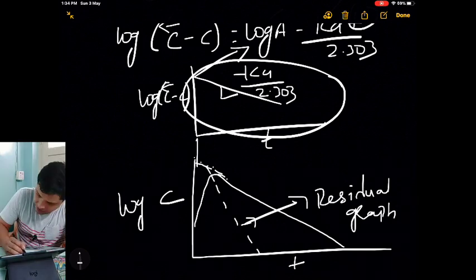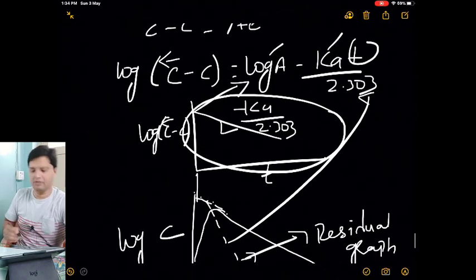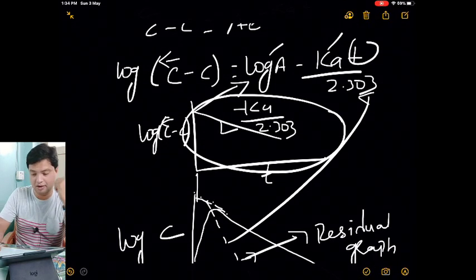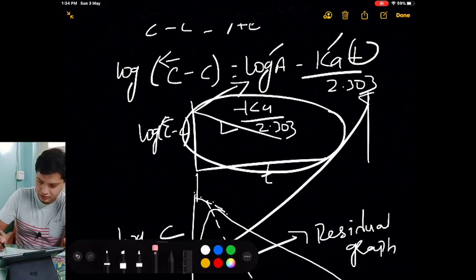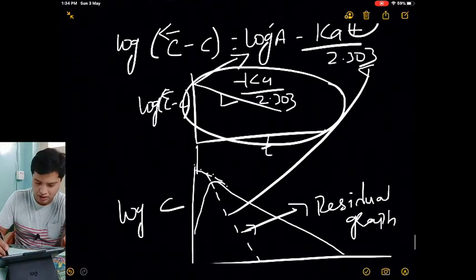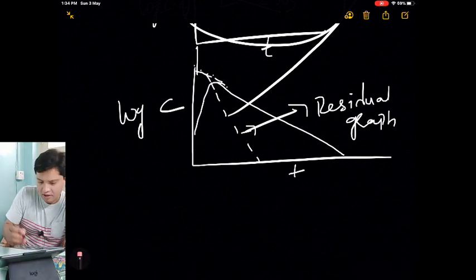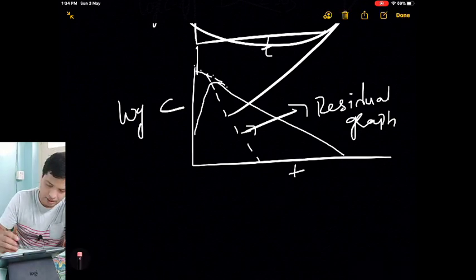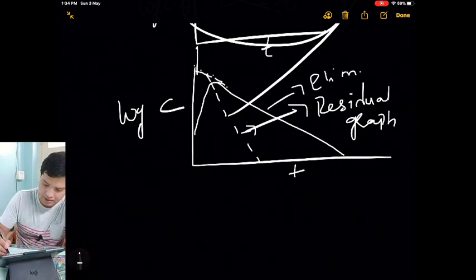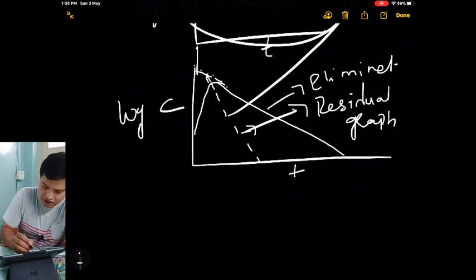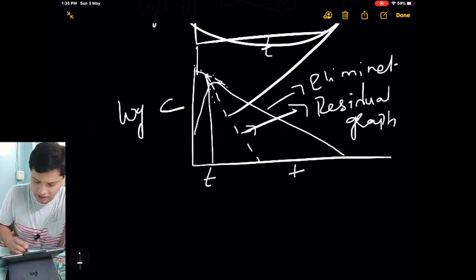Okay, from where we got this line? From this equation. Okay, from this equation we got this line. We call this as a residual graph. Now wherever these two will meet, our residual graph and our elimination, this is the elimination. Wherever these two meet, just draw a line there to the time. Whatever the time is there, we call it as